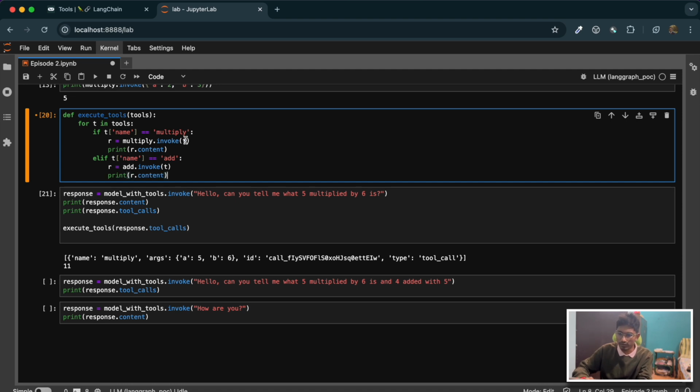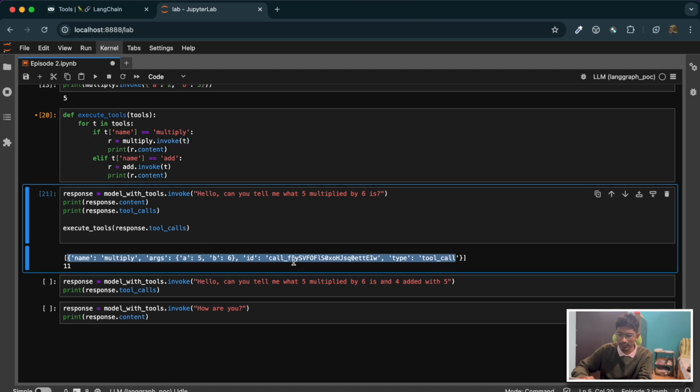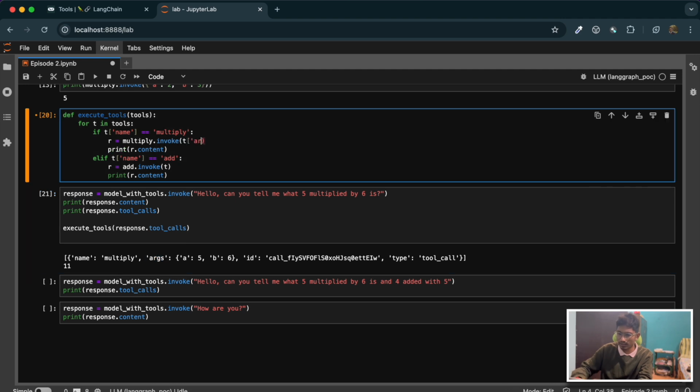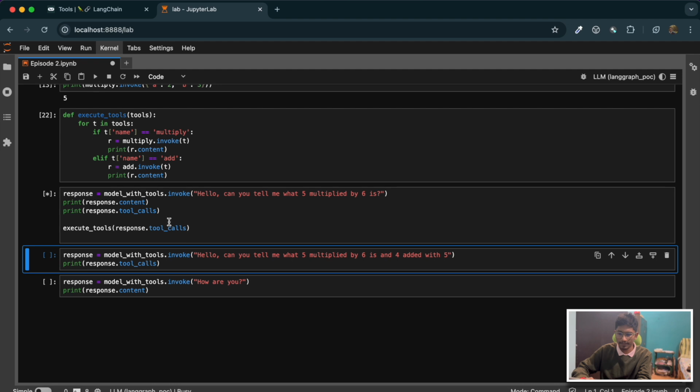So actually you could pass t dot args also. I mean, instead of passing the entire dictionary to it, you can just pass the arguments here. You can pass it like this. Okay, and in that case it will give you the output directly. If you print r, it will directly print you 11 here. You don't need to print r dot content. Okay, but as a standard practice, I'm just doing this. Okay, if I run this,